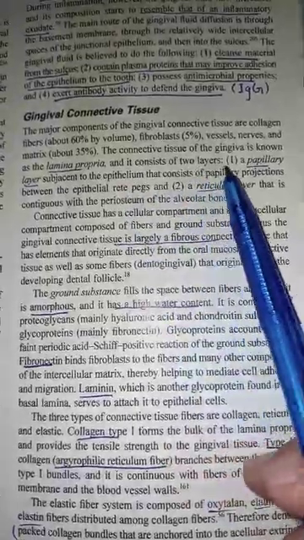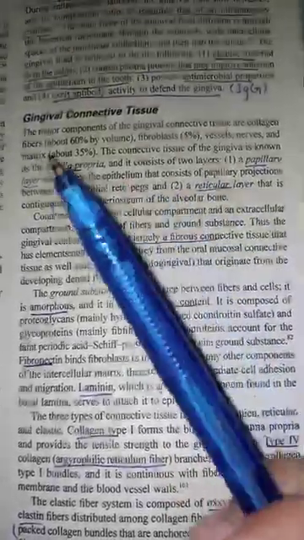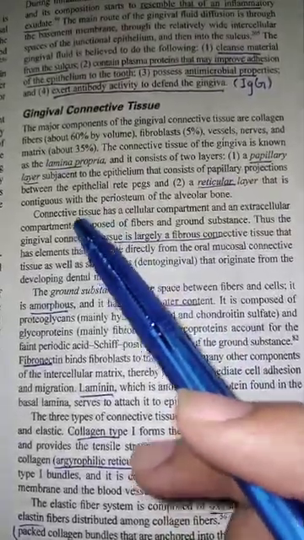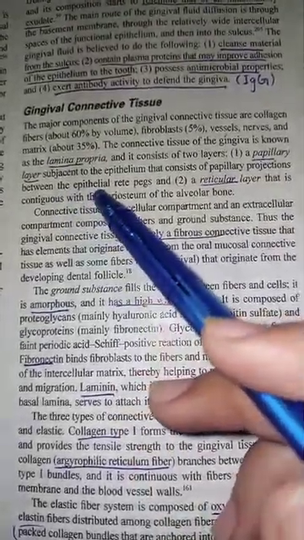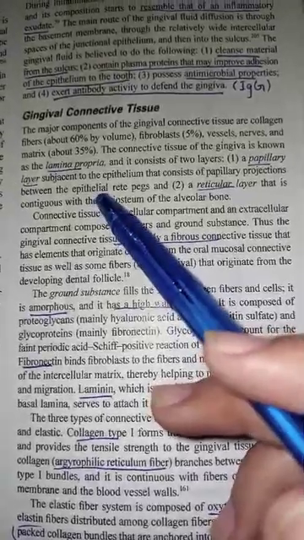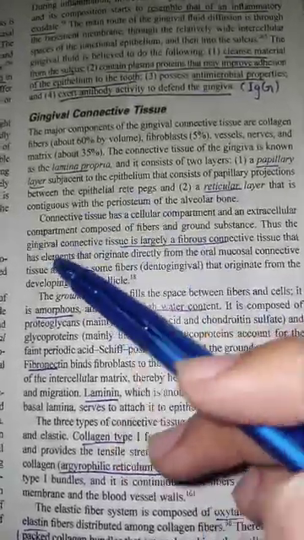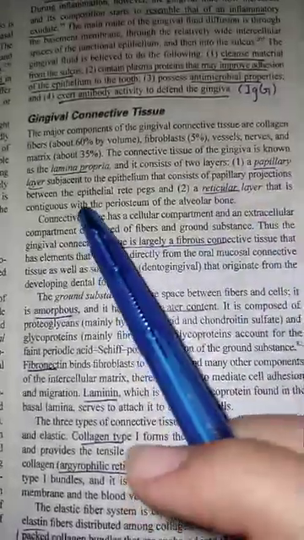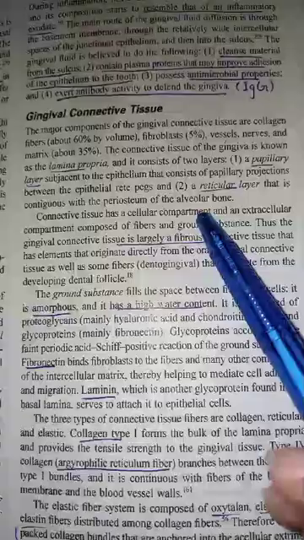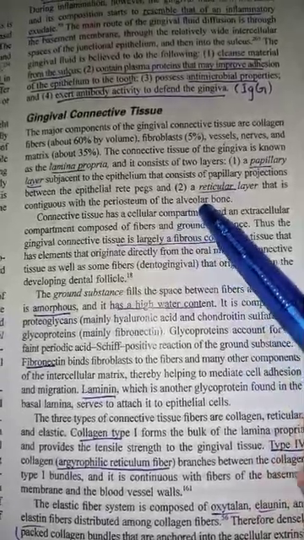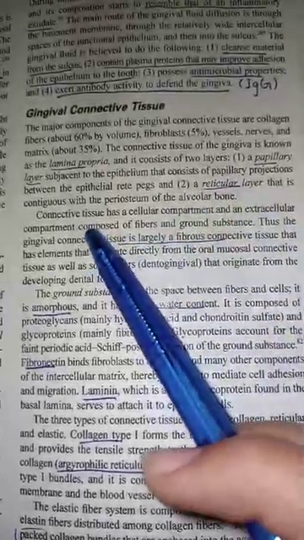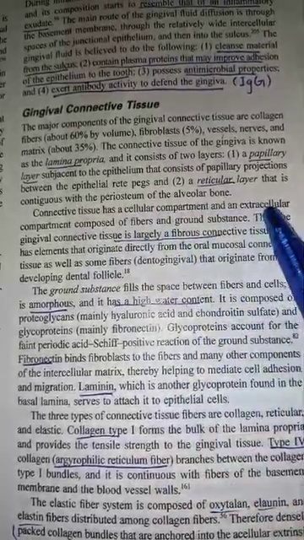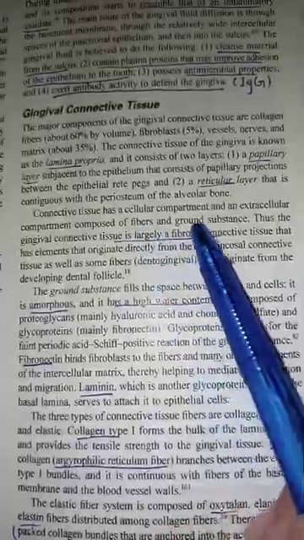Okay, it has two layers, which is a papillary layer which actually faces towards the epithelium that consists of papillary projections between the epithelium rete pegs. So it is like this epithelial layer. The reticular layer is actually adjacent to the periosteum of the alveolar bone. It is more close to the alveolar bone, this layer is. Okay, then connective tissue has two compartments. One is cellular, that will consist of the cells, and the other is the extracellular compartment that has the fibers and ground